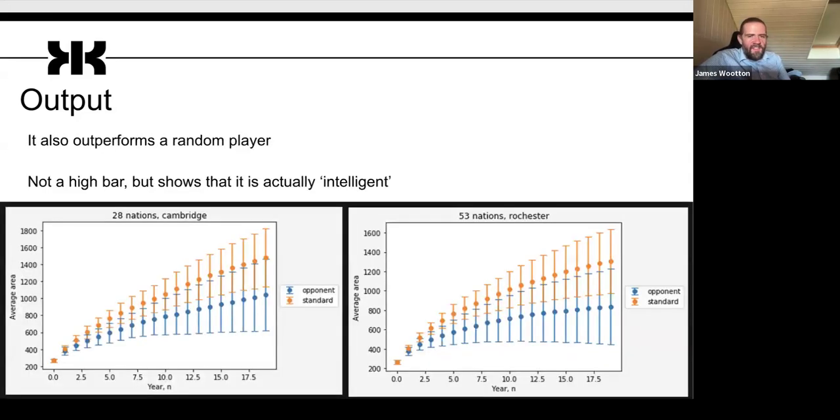But also, and you'll see this in the paper, it was benchmarked against a random player. Yes, it makes a nice map, but could a player acting randomly also make a nice map? So we have to show that it is not acting just randomly, but acting intelligently, strategically. So for this, one of the nations was singled out, and in some runs was run using